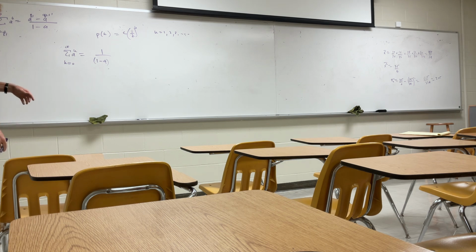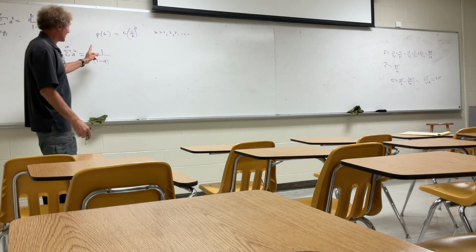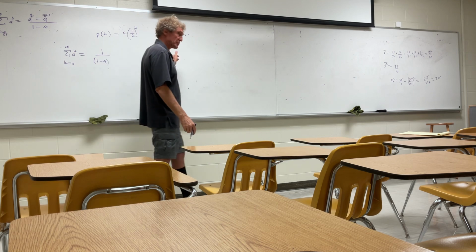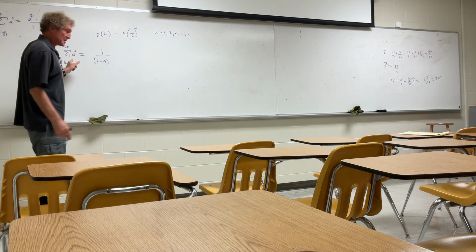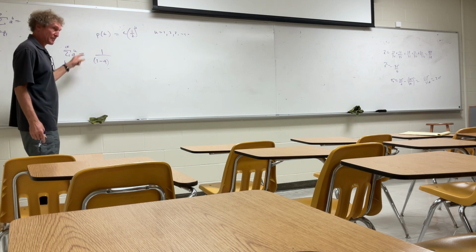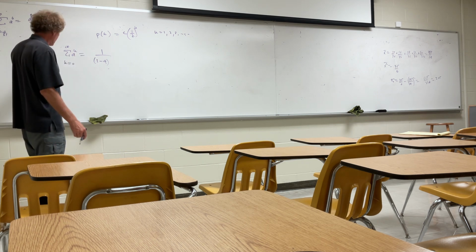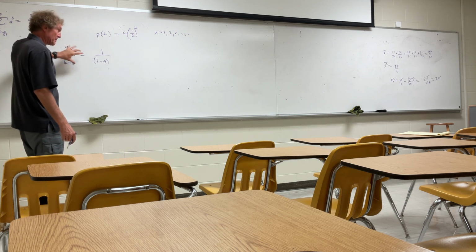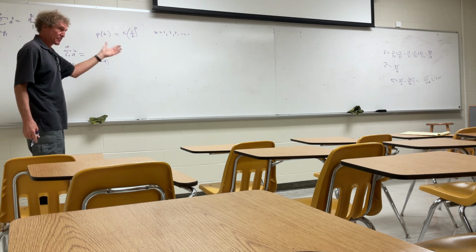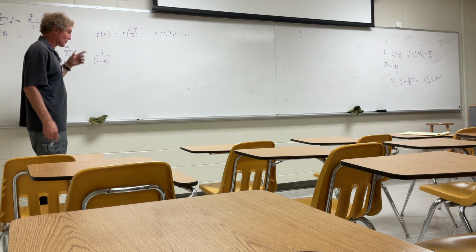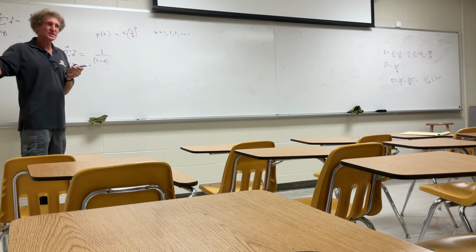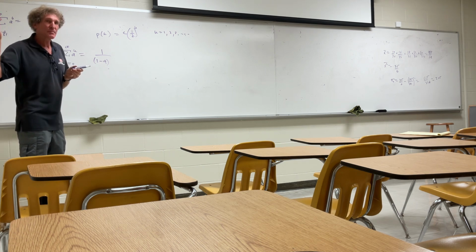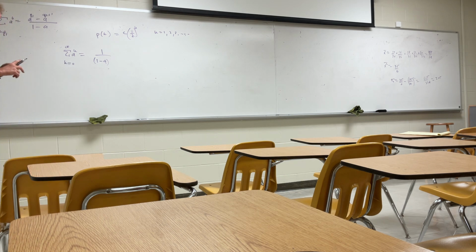Remember how I proved this thing? I took this series and I wrote it out term by term: 1 plus A plus A squared plus. And then what I did is subtract this series multiplied by A from that. So I have 1 minus A times this stuff, and after I crossed out all the terms, I divided what resulted by 1 minus A to get it. Do you vaguely recall this? Okay. Now, a lot of people forget that, but it's so useful, and this is where it's useful.